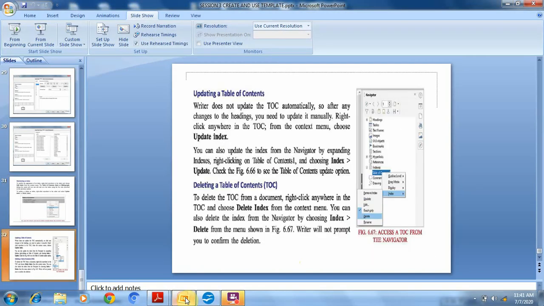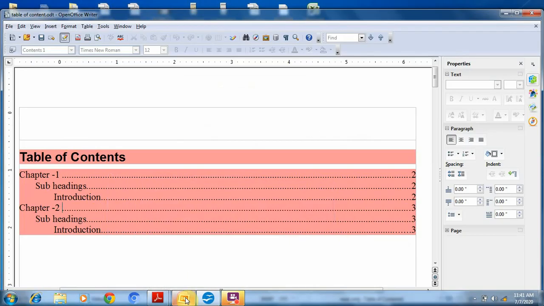Next is updating a table of contents. Always remember, Writer does not update the table of contents automatically. So when we perform any changes to the heading, then we need to update it manually. For this, just right click on the table of contents and then select Update Index. See, if I am changing